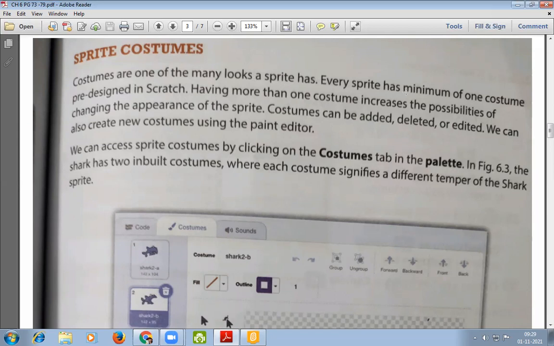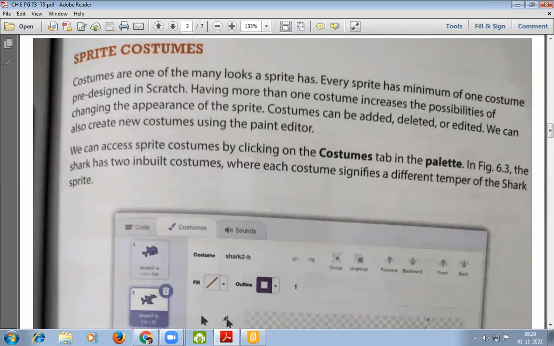Every sprite has a minimum of one costume pre-designed in Scratch. Having more than one costume increases the possibilities of changing the appearance of the sprite. Costumes can be added, deleted, or edited. We can also create new costumes using Paint Editor.